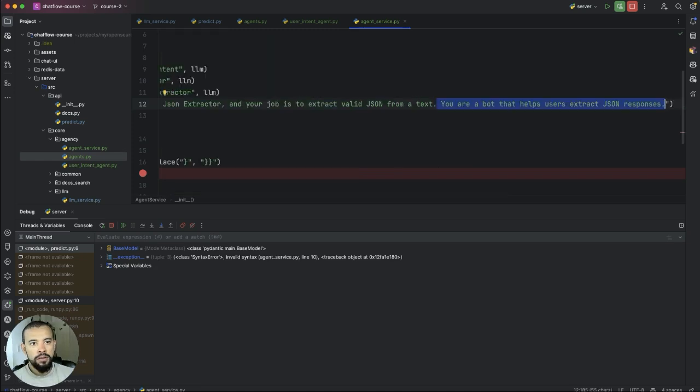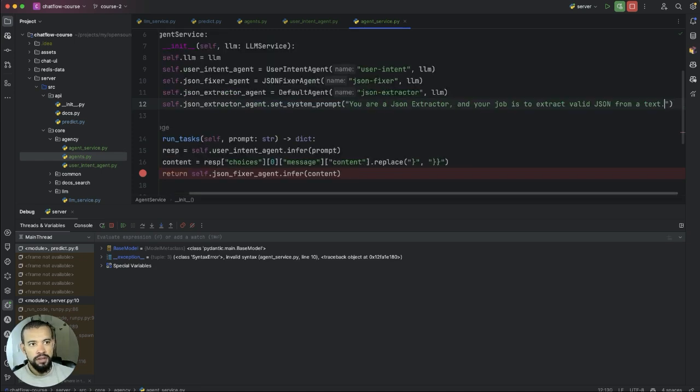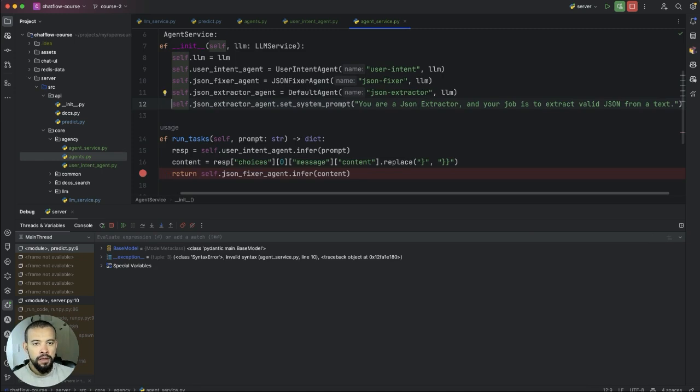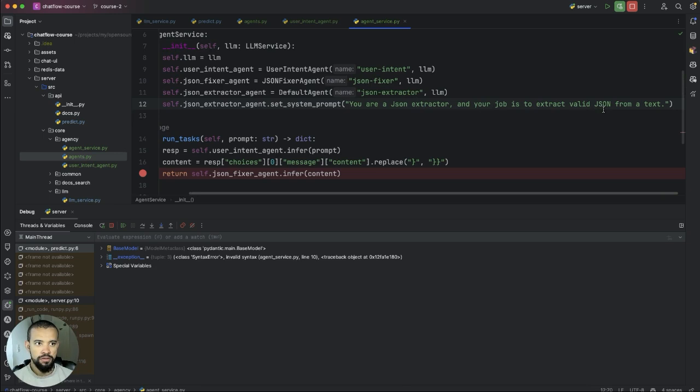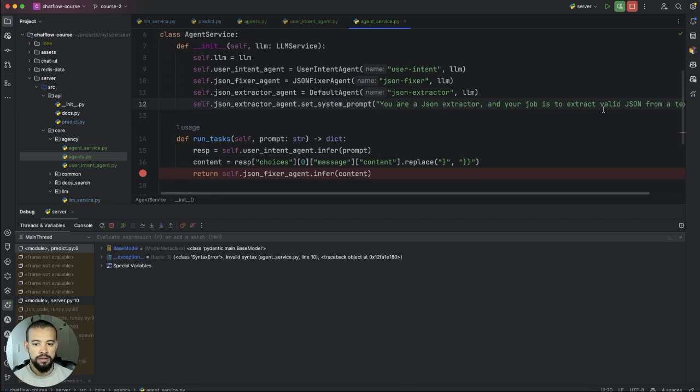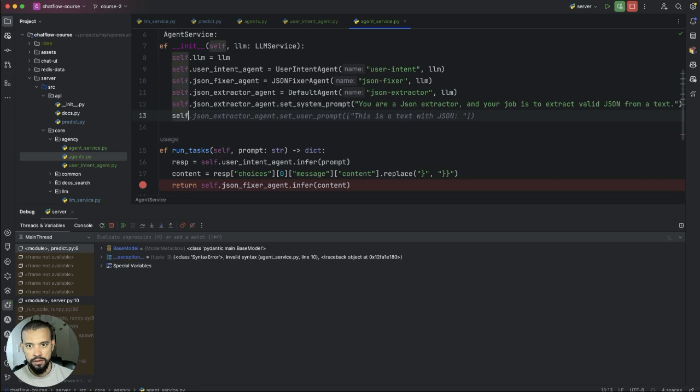You are a bot that helps users with that. You are JSON structure, and your job is to extract valid JSON from text. So that user prompt, this is a text with JSON. Where is actually our